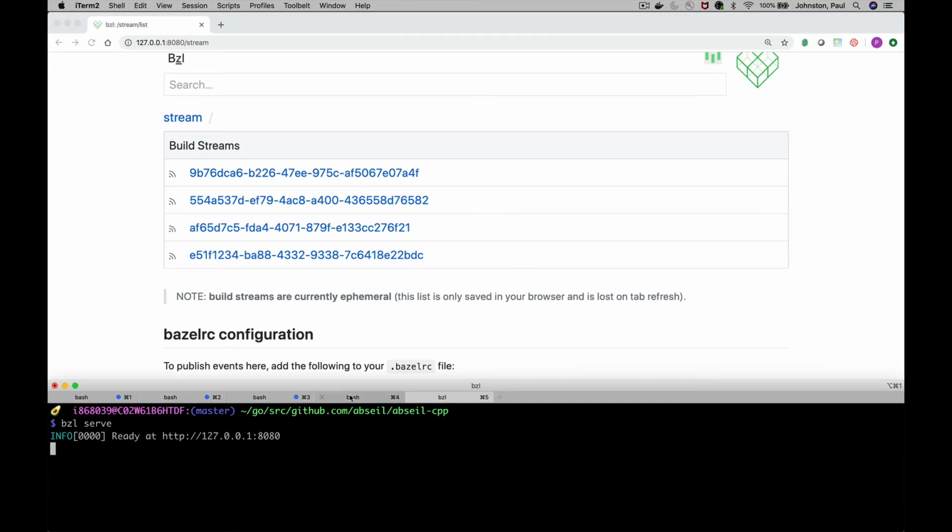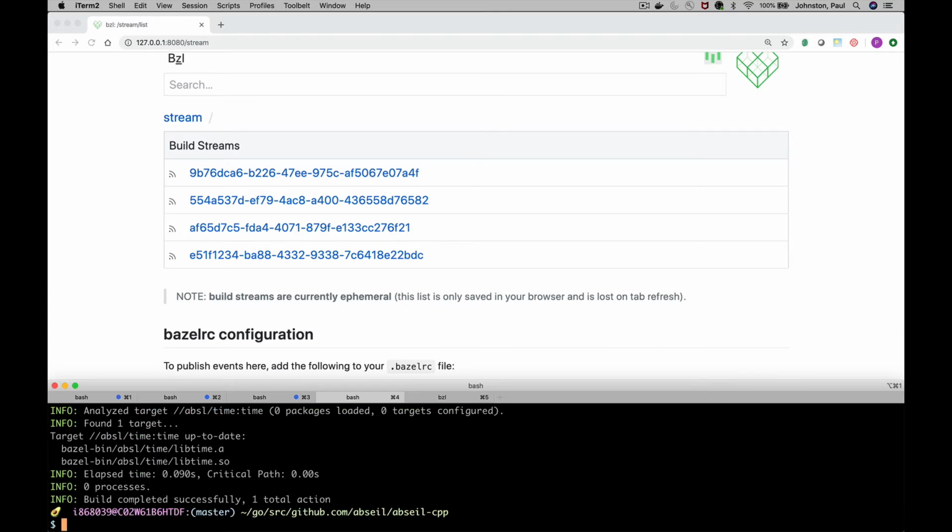Okay, so now I'm going to go over to a different window. And here we're in the bzl C++ repository for demonstration purposes. So I type bzl build bzl time, then that command is successful. That's normal. If I then add in BES backend equals grpc://localhost:1080,